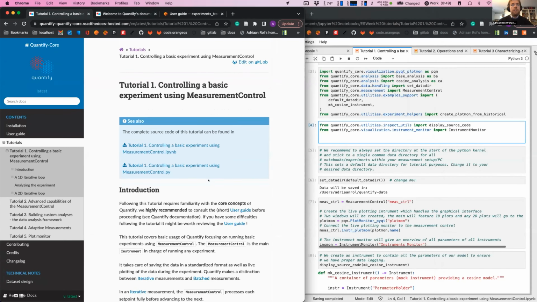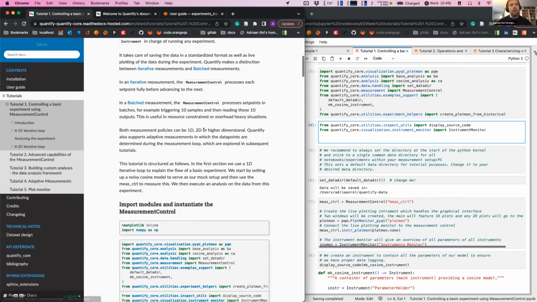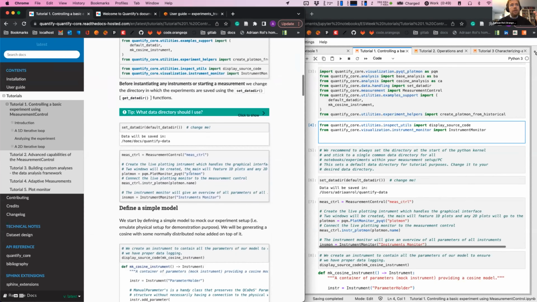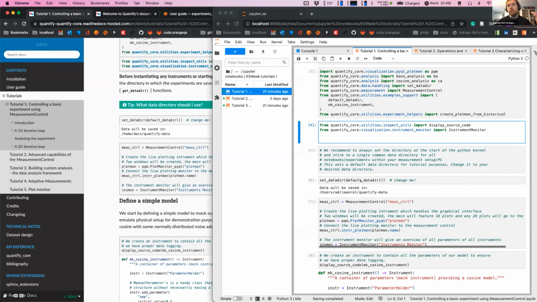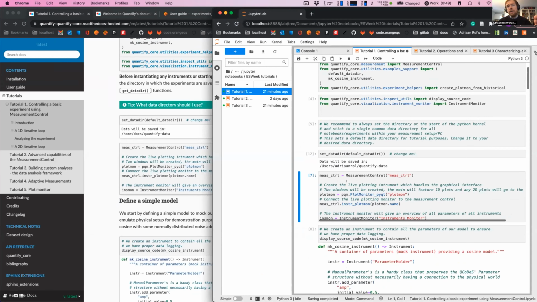I hope everyone can still read it. Here we're explaining what the basic concepts are, what the measurement control is, and how we connect to the instruments. The first thing we do here is specify the data directory, which is where the data will be stored.